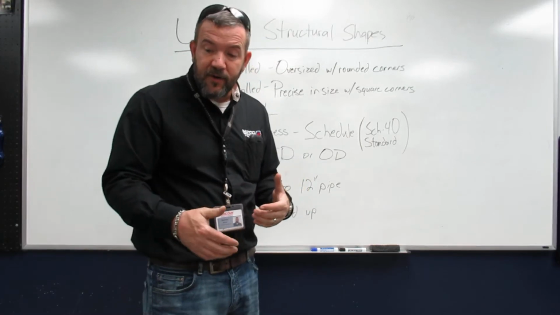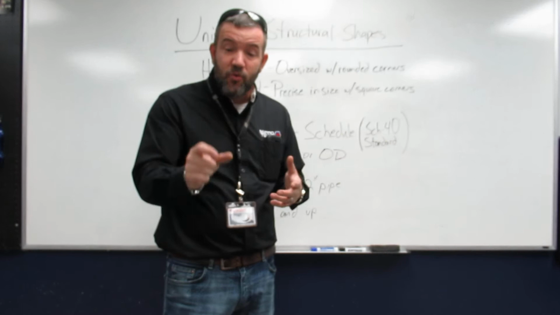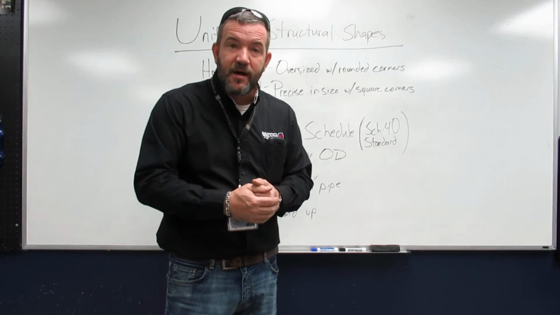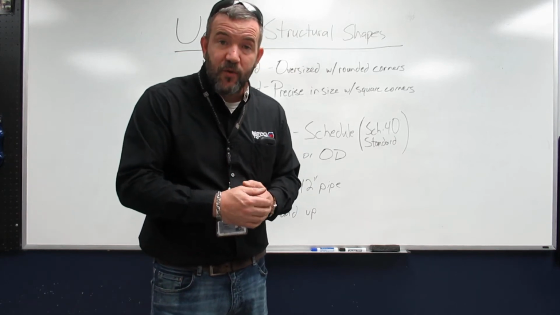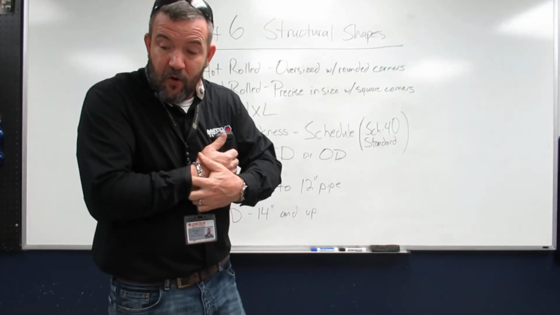Round stock, your next shape, is going to go by diameter and length. If it's 1 inch round, it's going to be the diameter all the way across and then the length. So if I needed 1 inch round stock, I'd say a piece of 1 inch round, 20 feet long. You have half oval bar,